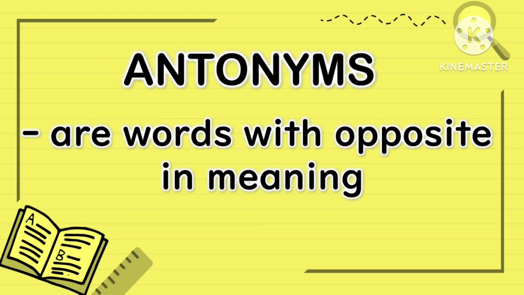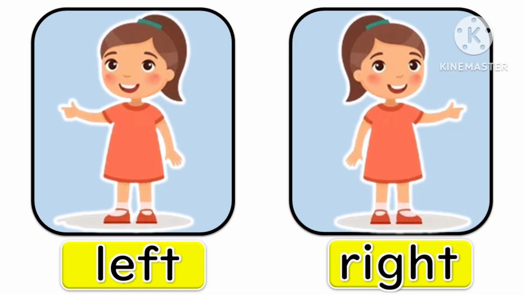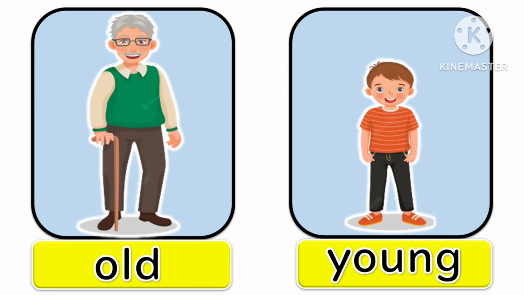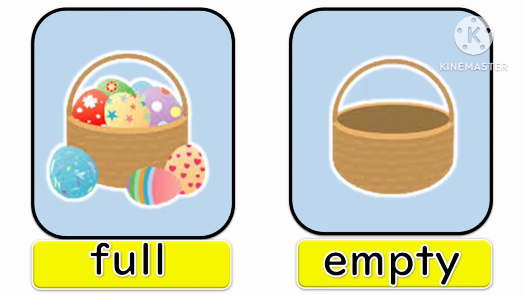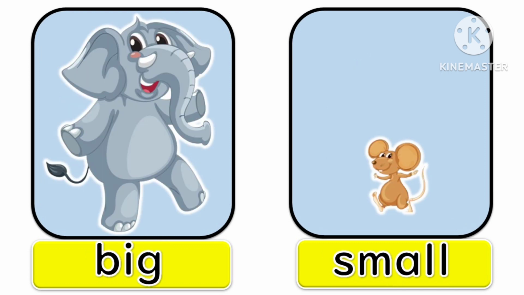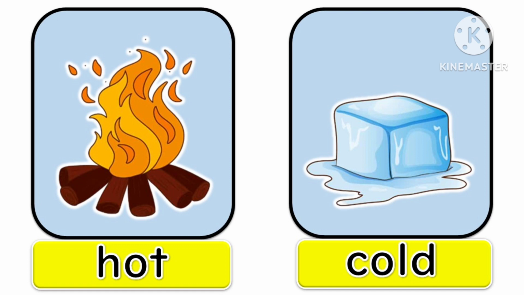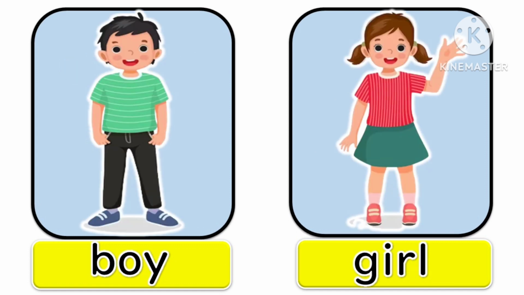Antonyms are words with opposite meaning. Here are the examples. Left, right, happy, sad, old, young, full, empty, big, small, stand, sit, hot, cold, boy, girl,